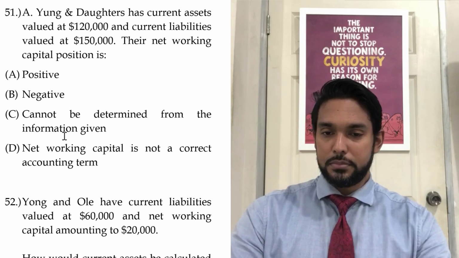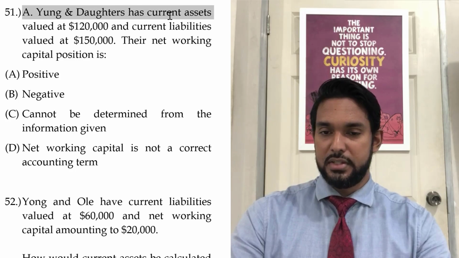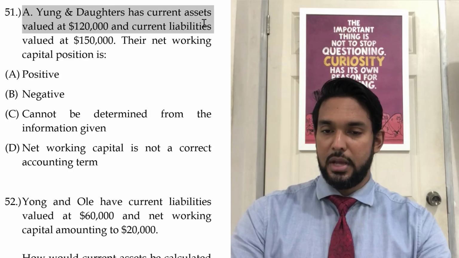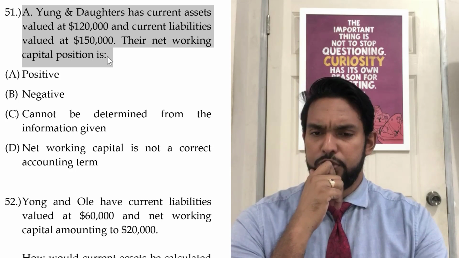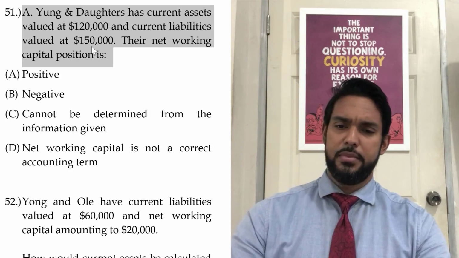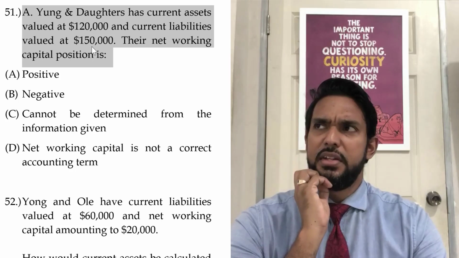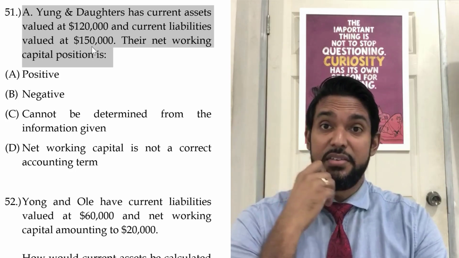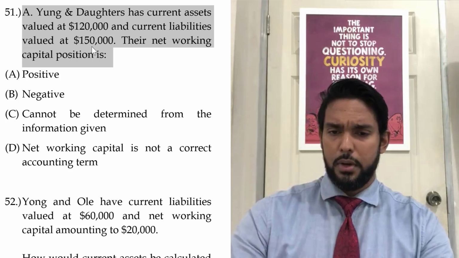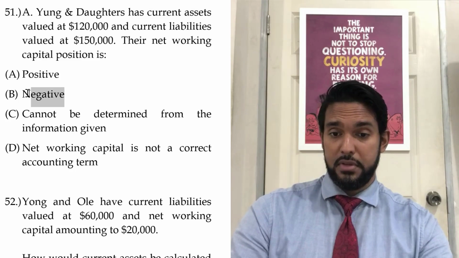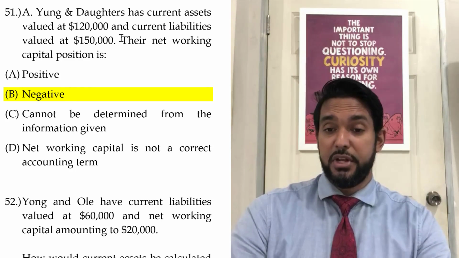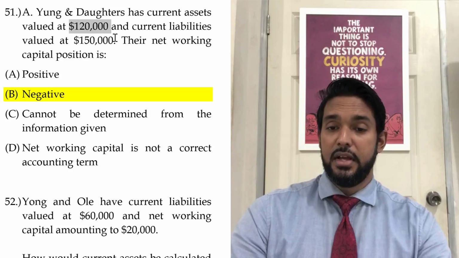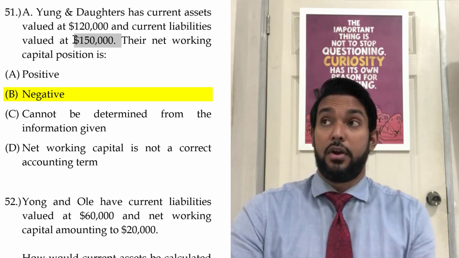All right, 51. A. Young and Daughters has current assets of 120,000, current liabilities at 150,000. Their net working capital position is, okay. So current assets is 120, but current liabilities is 150. So that's a negative 30. So it is quite possible to have a negative net working capital position. What are our options? Well, we don't have any numbers, but I'm seeing negative. So that is the answer. The net working capital position is negative because current assets is less than current liabilities, or current liabilities is more